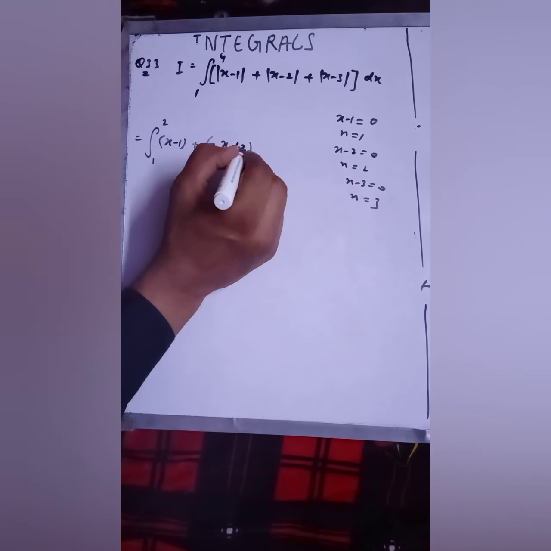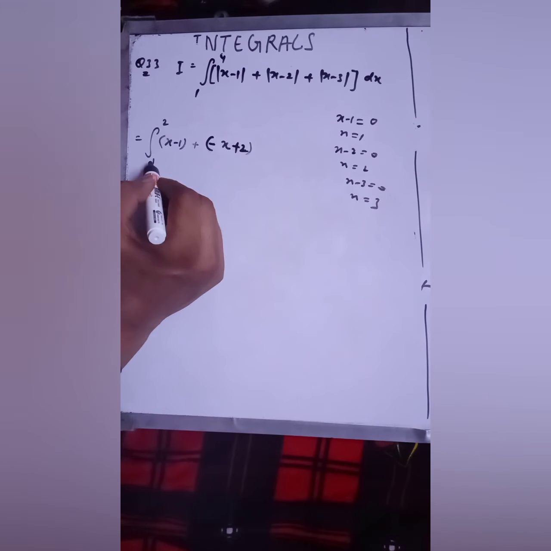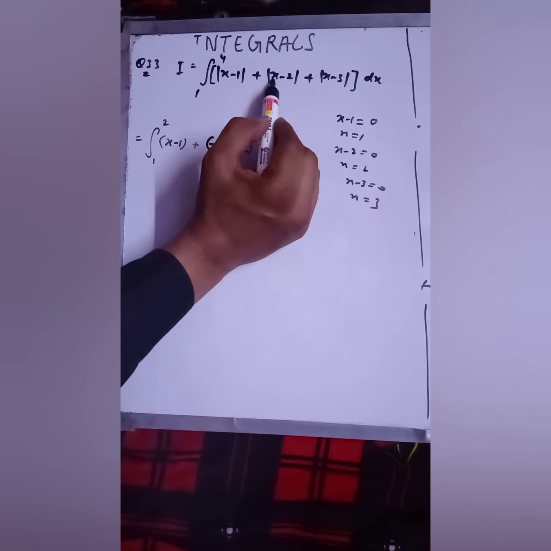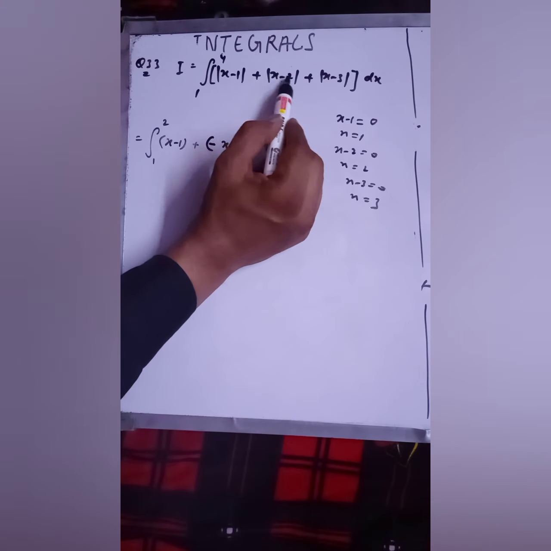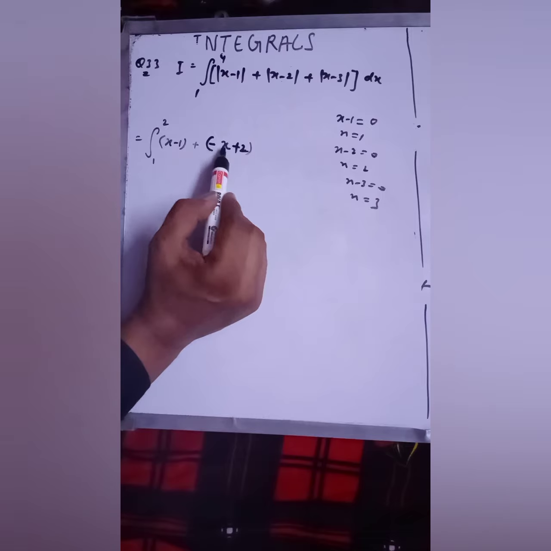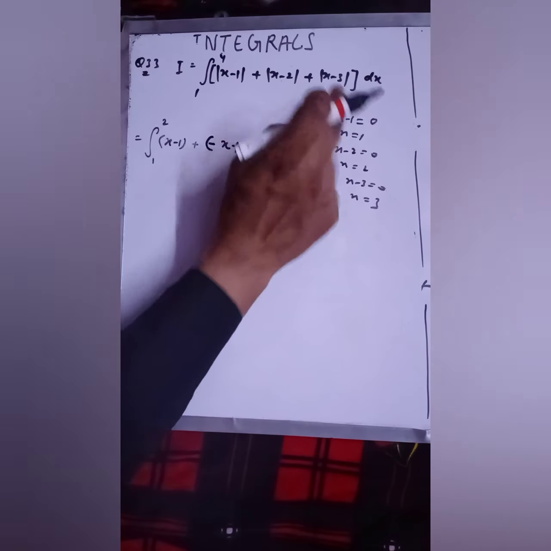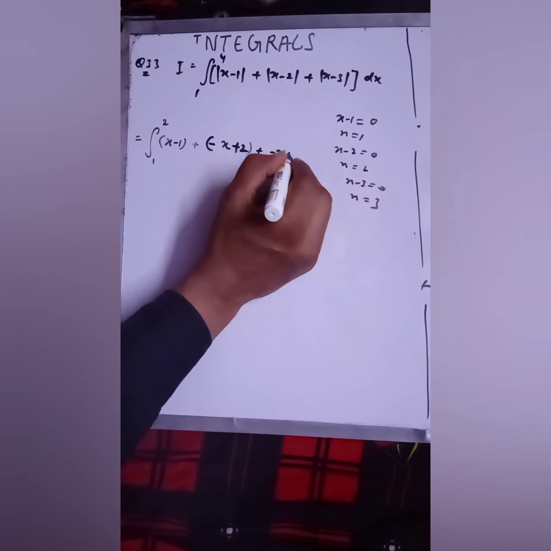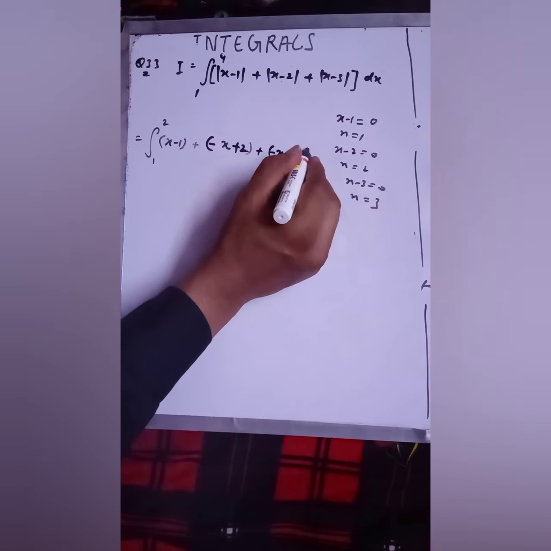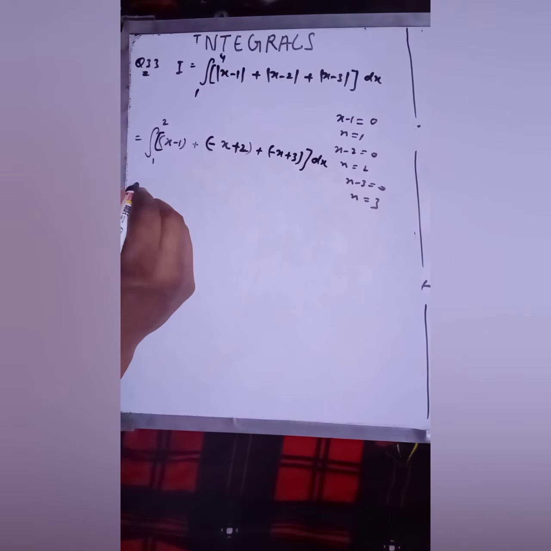Are you getting my points or not? This is how, because in this interval 1 to 2, if you put any value of x, suppose I'm putting 1.8, you will get a negative value. So you have to take the negative of x minus 2, so negative of x minus 2 will be minus x plus 2, that is 2 minus x. Got it? Similarly, the value of this will also be negative, so you will get minus x plus 3. And this whole into dx plus,